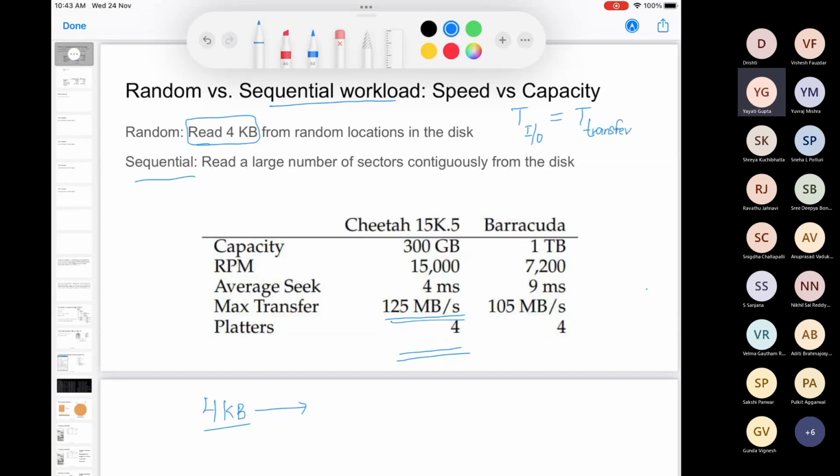In random workload, you will be adding your seek time as well as the rotation time. So it will be your seek time plus your average rotational delay, which is also the rotational latency, plus your transfer time. You can remember that this happens for sequential workload and this happens for random workload.